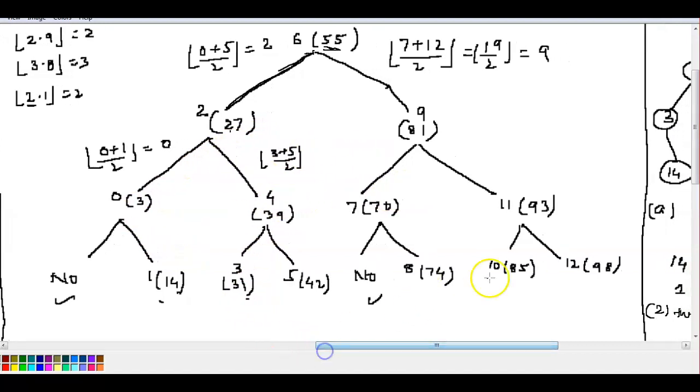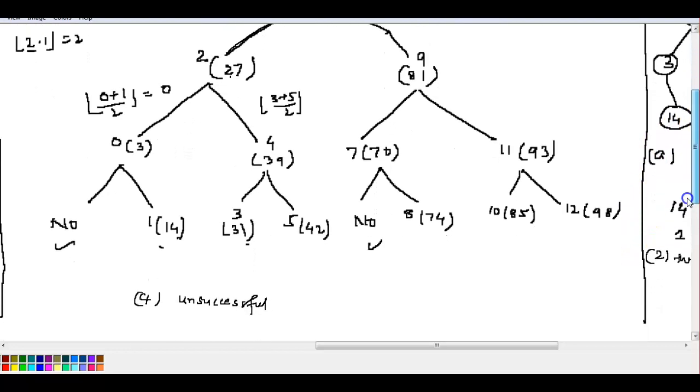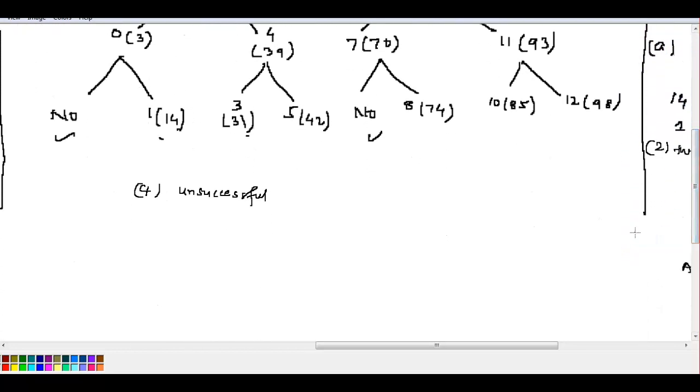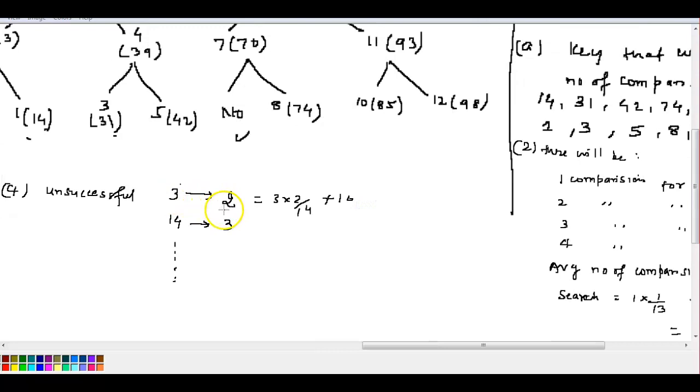So for unsuccessful you count it, not successful. Okay. So you can write it for the unsuccessful. The first element was 3, which is the compare unsuccessful. What happens? How much? 2. For the 3 we got 2, right? 2 unsuccessful. Similarly, you will find like this way better, because we have to find the average only.